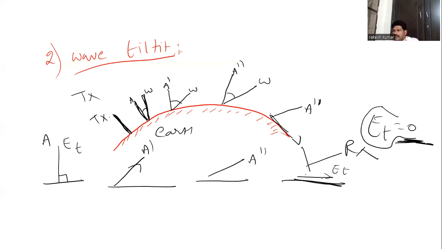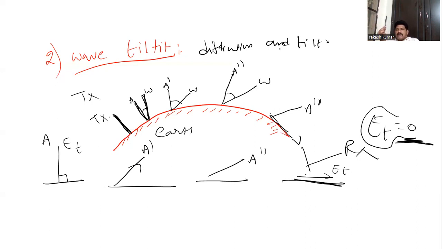Besides the ground attenuation, there is still another way in which the wave gets attenuated, that is due to diffraction and tilting of the wavefront. As the wave progresses over the curvature of the earth, the wavefront starts gradually tilting more and more. The increase of the tilt makes more short circuiting of the electrical field component, and hence the field strength goes on reducing. Ultimately, at some distance from the transmitting antenna in wavelengths, the surface wave dies before reaching the receiver,